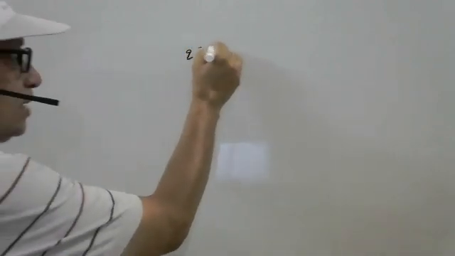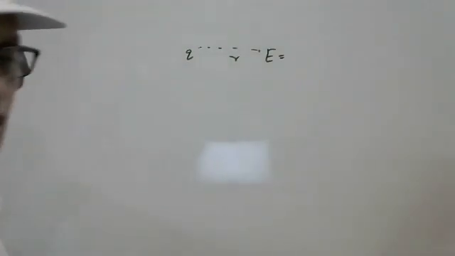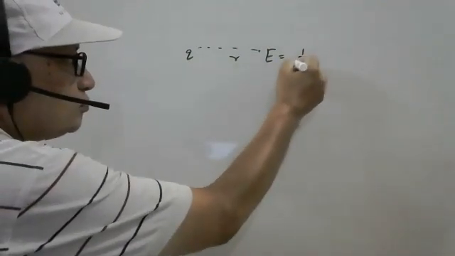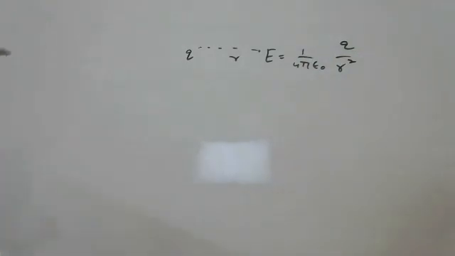We have to discuss a new chapter, that is Earth's magnetism and magnetic materials. First of all, just like say a charge Q at a distance of r, we can find out the electrical field given by constant k q upon r square.